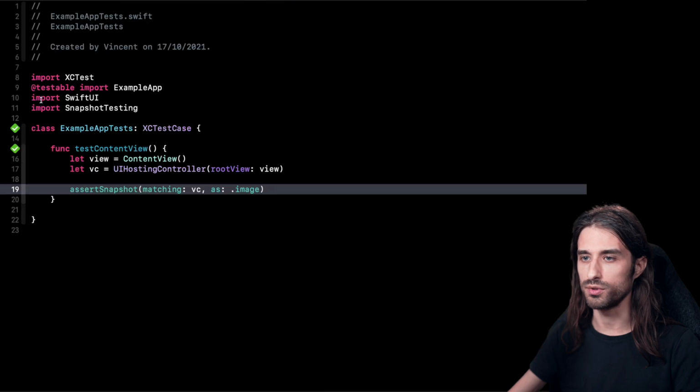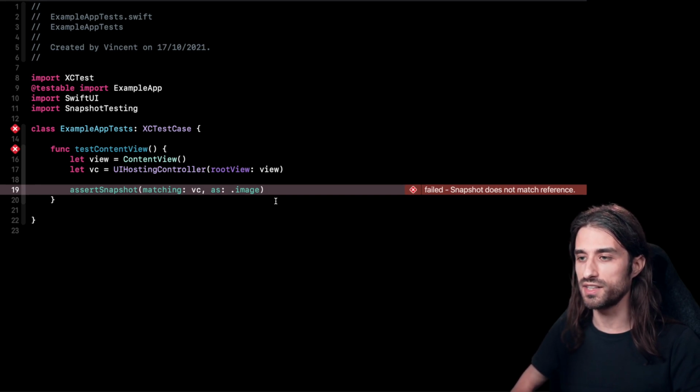So now let's go back to the test and run the test again and see if the issue has been caught. As you can see, the test is indeed now failing and it says it has failed because the snapshot does not match the reference. So it's a good thing because it means that the test is indeed working: as long as there is a difference between the current look and feel of the view and the reference one, the test is going to fail. Now, of course, this information doesn't help us a lot to find the bug if we don't know what the bug is. But don't worry, because the library also comes with a very nice way to help us find what the actual difference is.